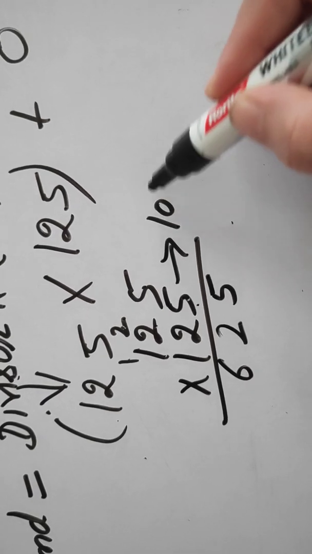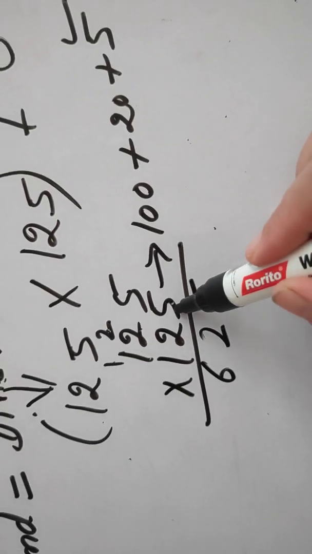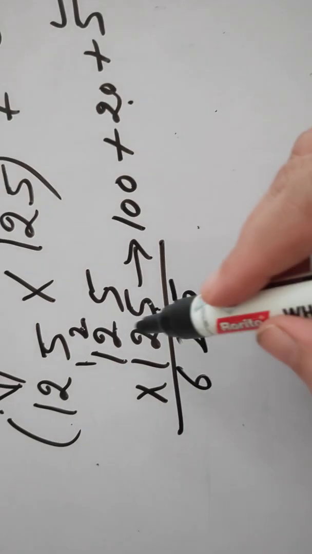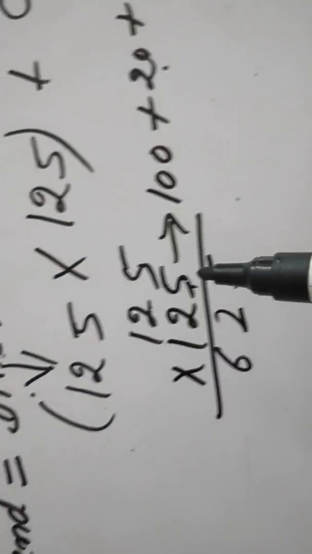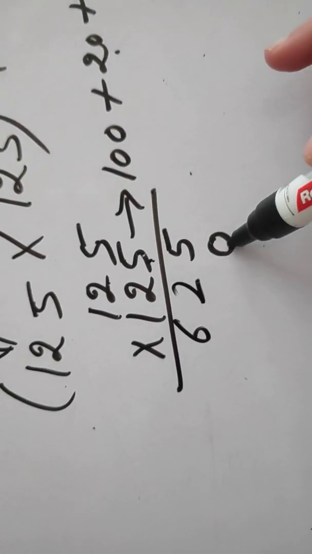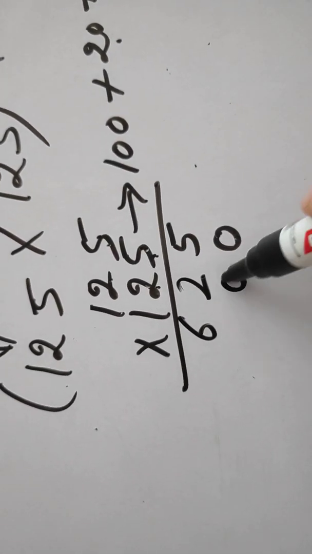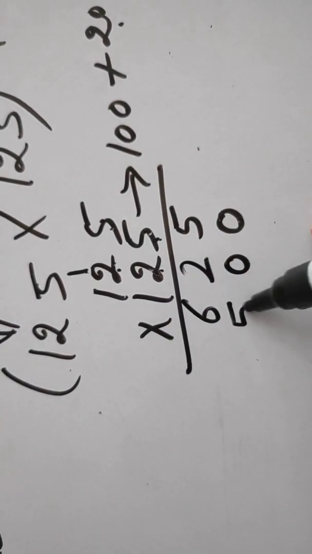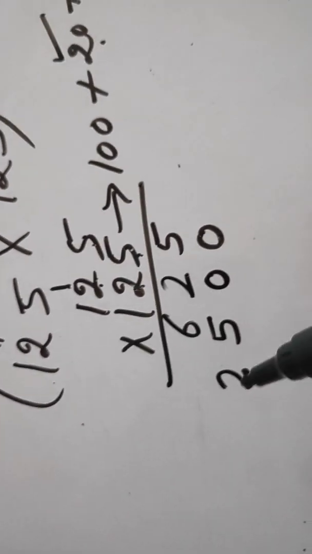125, its expanded form is 100 plus 20 plus 5. So firstly we have done the multiplication with 5. Now we will multiply with 20. So at ones place we will put 0. And we will erase our previous carry to avoid the confusion. So now we will multiply with 20. So at ones place I put 0 and start multiplication with 2. 2 5s are 10. 0 is here. 1 goes as a carry. Now 2 2s are 4 and 1 is 5. 2 1s are 2. Now 20 multiplication is also over.